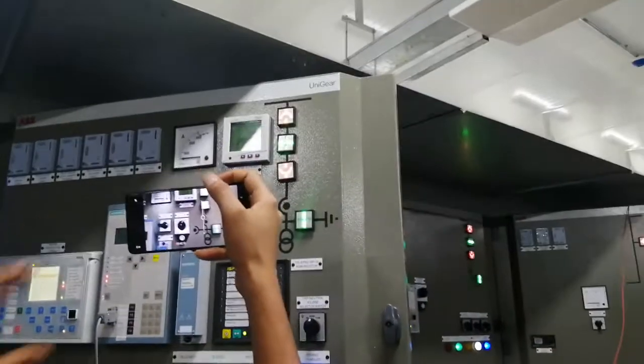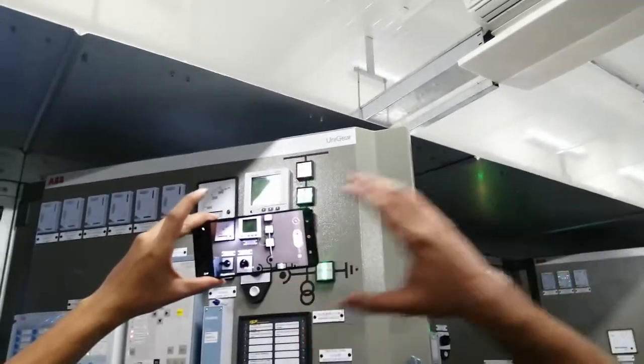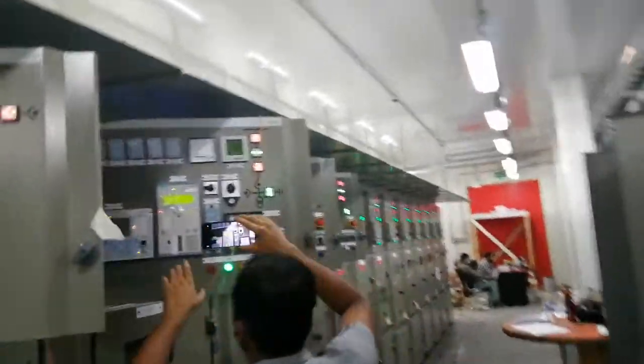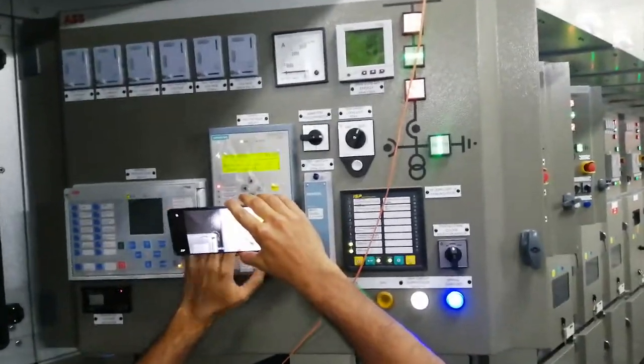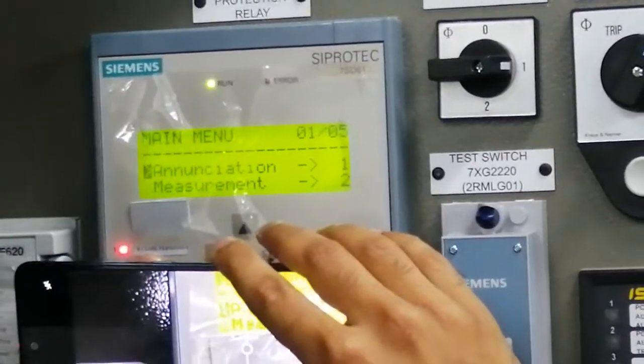I have racked in the breaker. So the breaker is racked in now. Now let's check it. Now we have the permission to close 132 kV. As you can see, this is the 132 kV Ciprotec relay, and now we have the permission to close CB